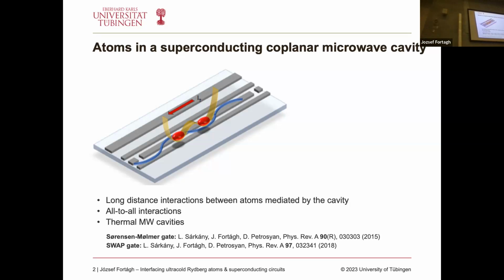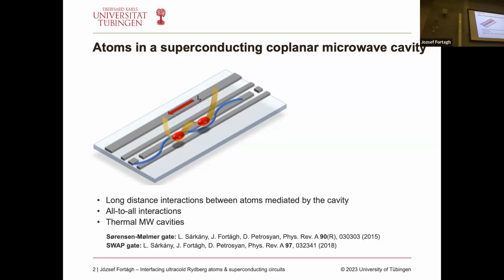That is giving an interesting perspective to look at interacting spin systems. And there are a couple of proposals discussing that even microwave cavities with thermal photons will allow us to